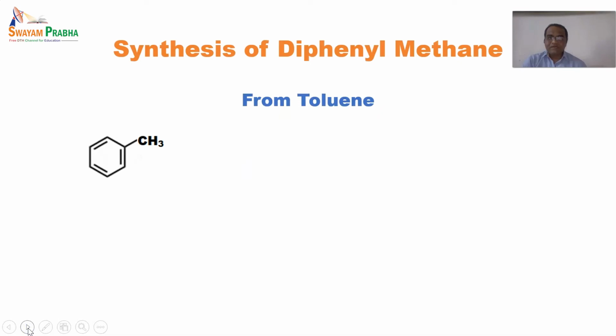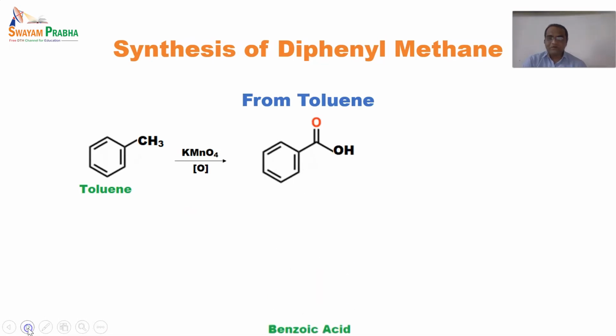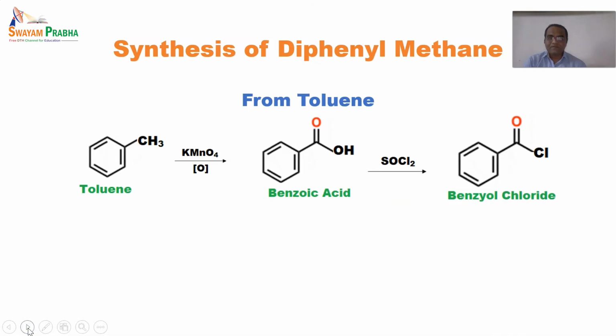Synthesis of diphenyl methane from toluene, by oxidizing toluene with KMnO4. So it has been oxidized to benzoic acid, and after oxidation to benzoic acid, it is reacted with SOCl2. It forms benzoyl chloride, and after formation of benzoyl chloride,